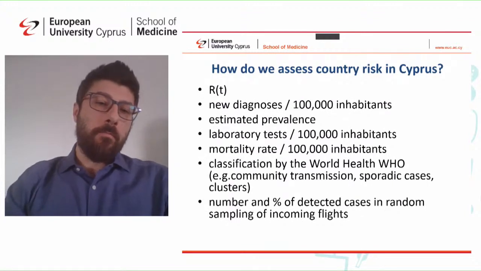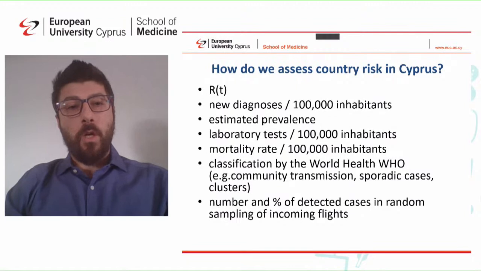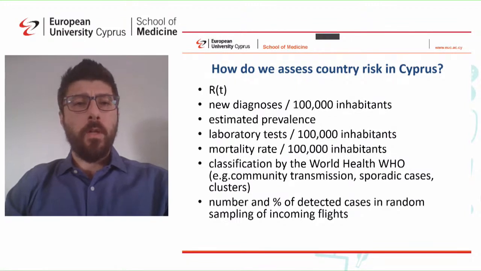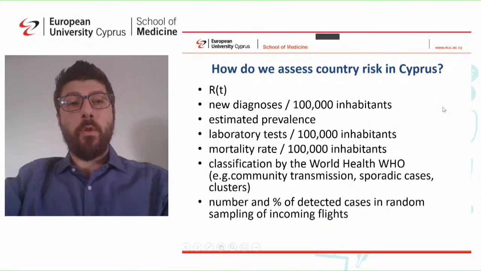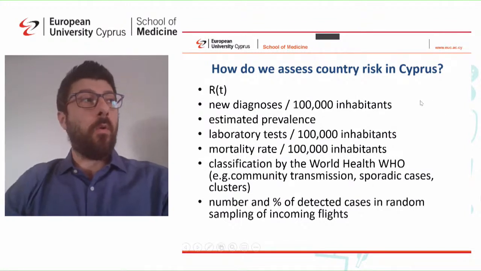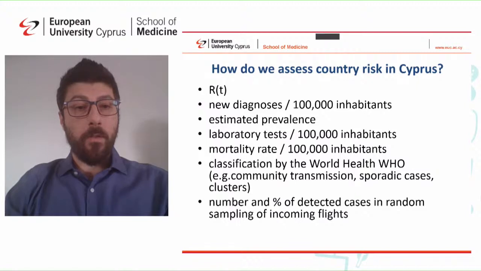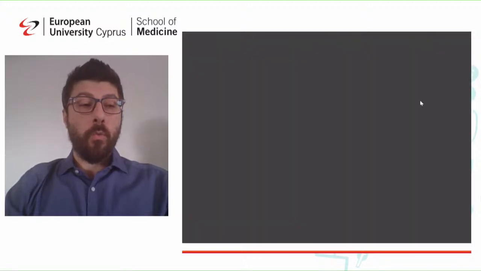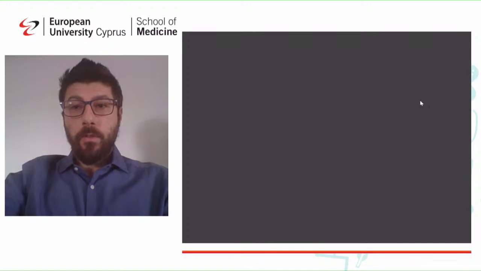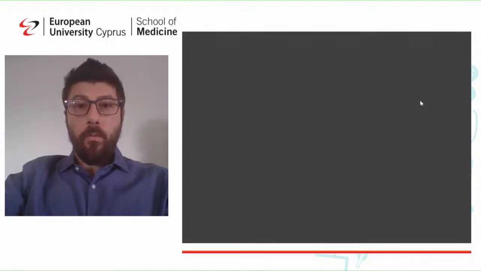Now, these might appear familiar to some of you, or they might appear a bit difficult, so I will not stay here, but you see how many different parameters we take into consideration for each country in order to evaluate their risk. You see, we include the very popular now, the effective reproduction number, Rt, diagnosis, prevalence, number of tests per inhabitants, mortality rate, which is also an indirect index of,